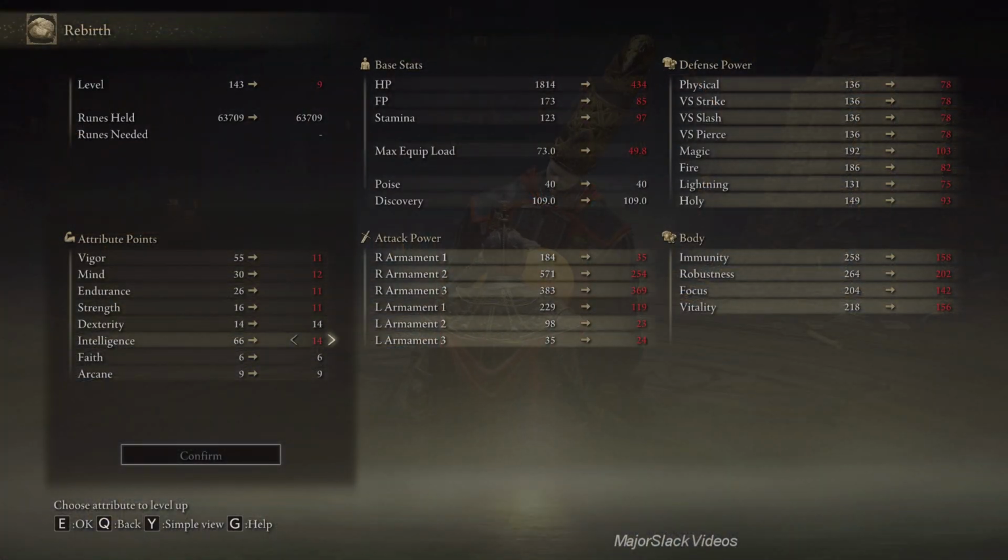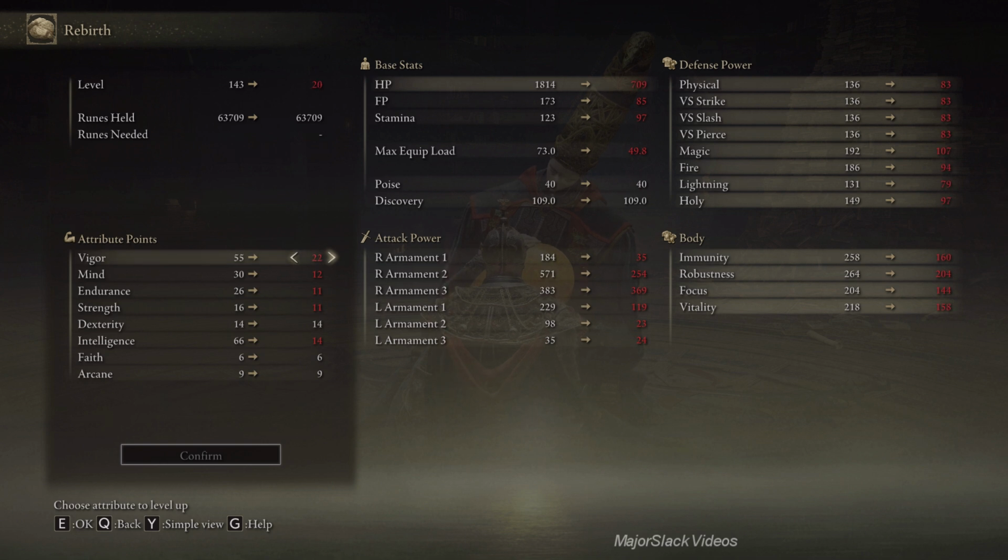Okay, this is largely to correct an error I made. I somehow threw an extra point into intelligence. I don't remember when I did it. Somebody could probably tell me, but I want to put that back down to 65. And in the process, I figured there's a few other things we could do to make ourselves much more versatile for the upcoming DLC. So, start off with